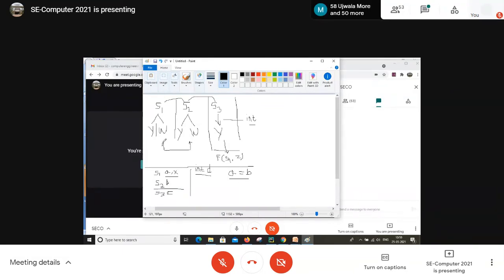So the first statement is illegal because S1 is an instance of A and B is an instance of S2. So this is the object of S2 and this is the object of S1, and we cannot integrate this information because we don't have inheritance in a structure. That's why this statement is incorrect in a structure. In this kind of format, we cannot write it in front of the structure.